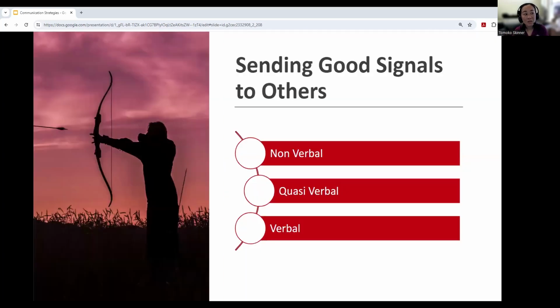Okay, sending good signals to others. When we are listening to others speak, there are 3 kinds of cues that we can give the other person. Using the right kind of cue at the right time is crucial for keeping good communication going. The first one is nonverbal. As shown in the Mehrabian study, body language plays an important part in our communication with others. Head nods and an interested facial expression will show the speaker that you're listening. And verbal fillers, words like uh-huh or oh, show the speaker that you're awake and interested in the conversation.